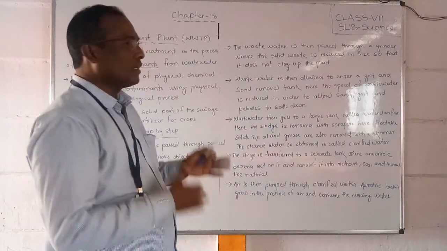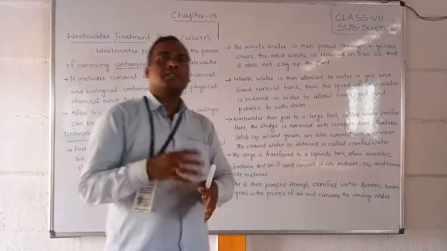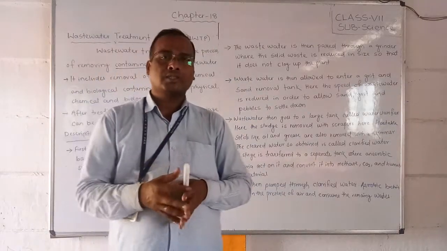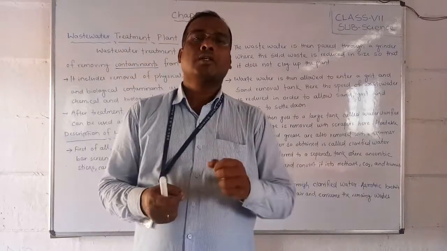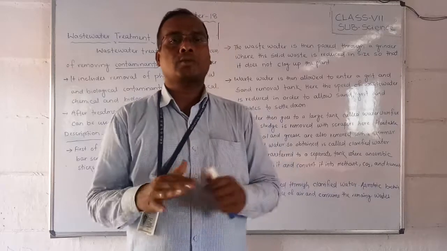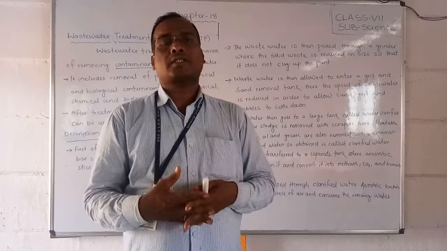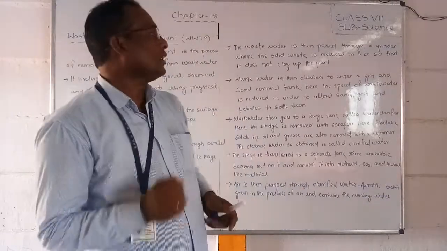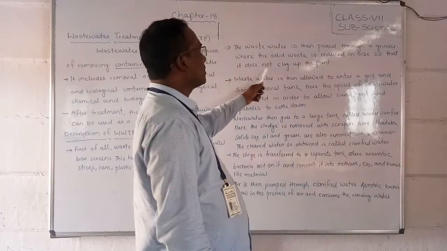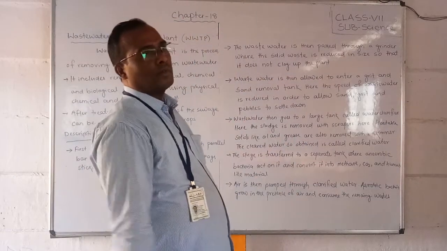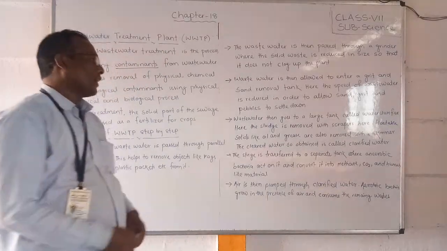In the second step, the sewage water is allowed to pass through a grinder. If there are solid obstacles, the grinder makes them small, almost like powder. Sandstones and other obstacles are ground into very small particles, so the solid waste is reduced in size and does not clog the plant.